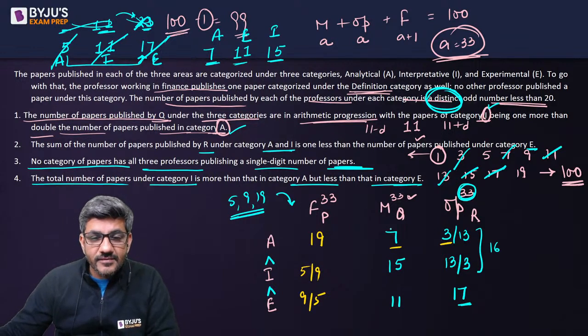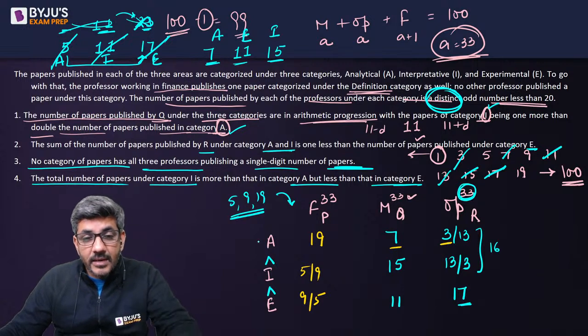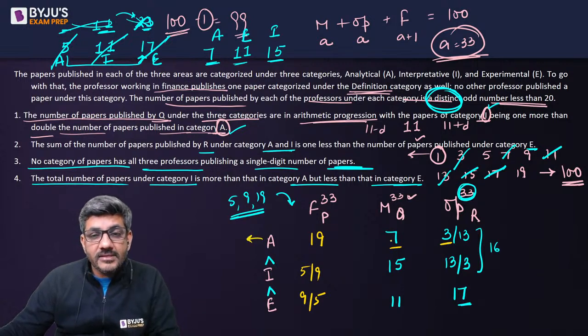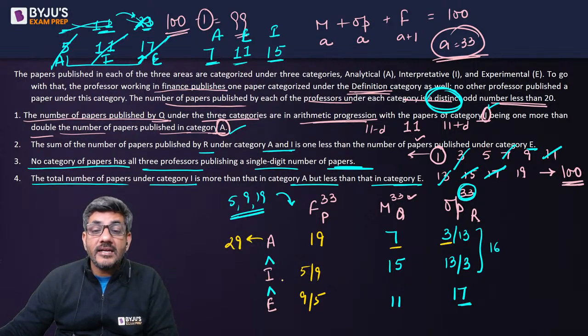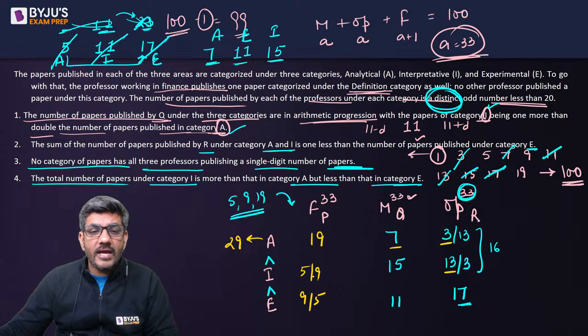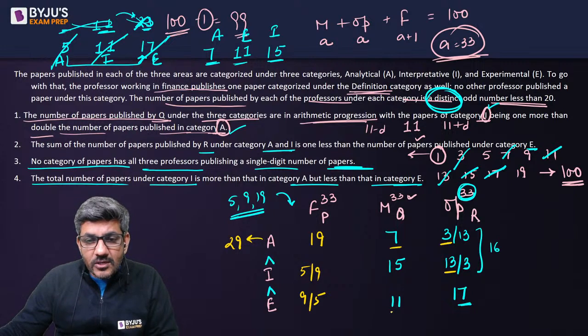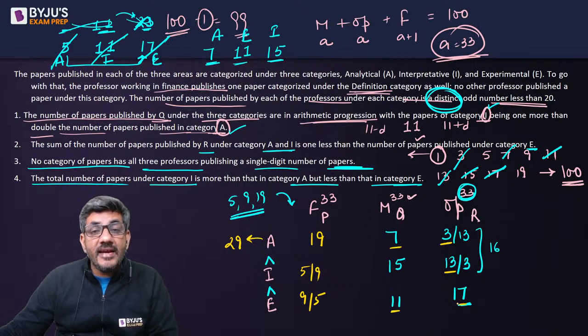So let's have a look at this first of all. Here, what I have written, if I take 3 here, then see what sum I get. 19 plus 7, 26 plus 3, that is equal to 29. So I's sum should be greater than this. So if this is 3, then here it becomes 13. 15 plus 13 is 28. With 28, take 5 and 9, anything, it would be greater than that. There is no problem with it, right? And here I see 11 plus 17, that is 28. Now this is also 28, this is also 28. But E should be greater than I.